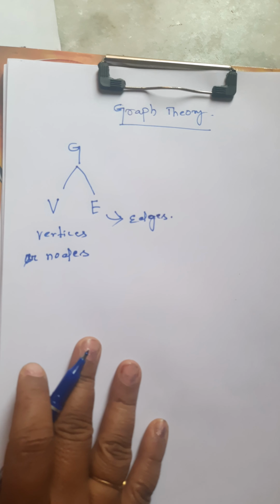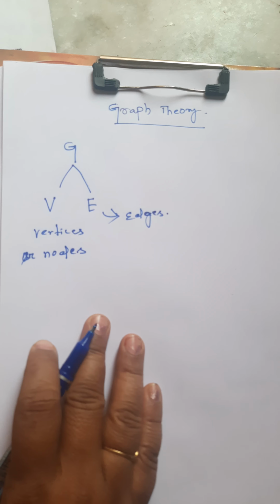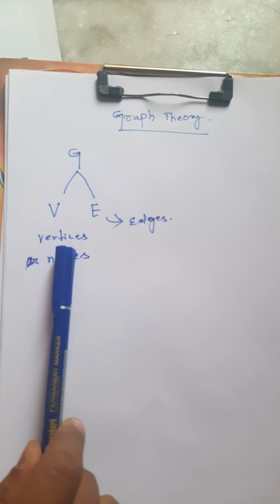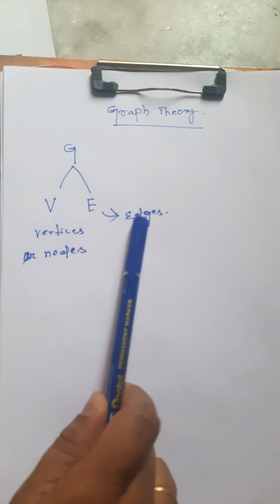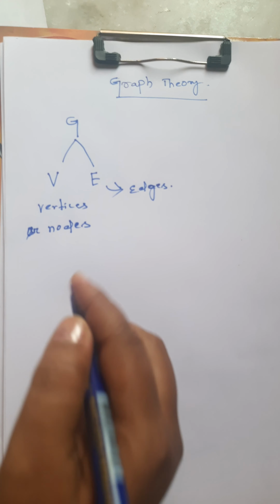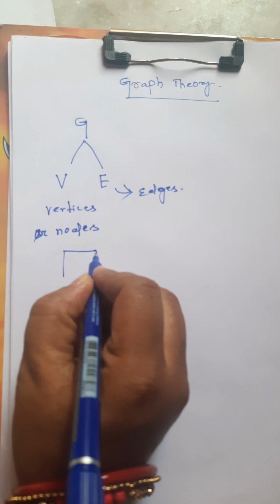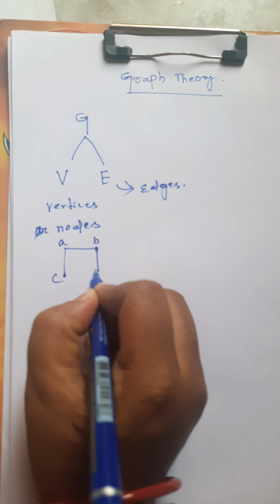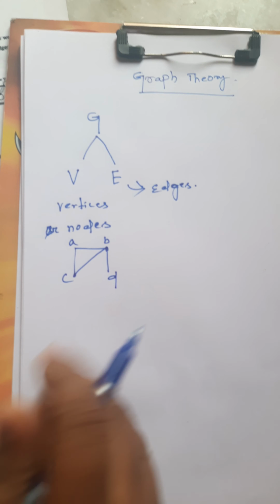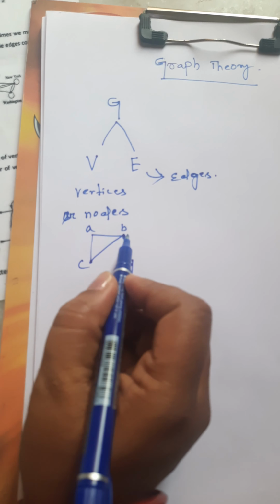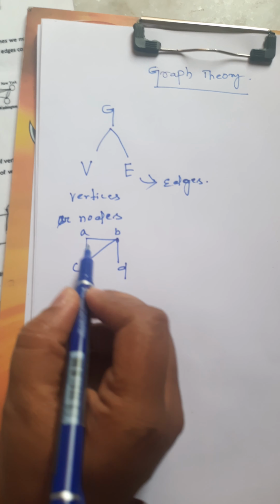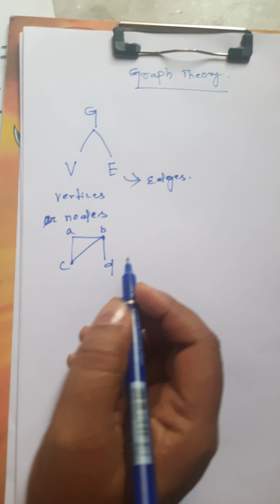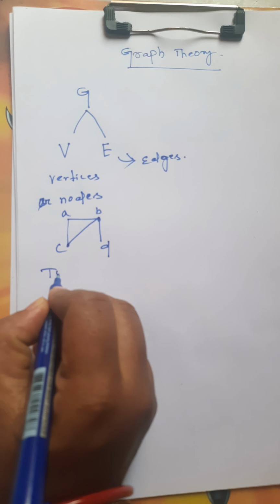So when we write the definition, what is the definition? G consists of a non-empty set of vertices and edges is called the graph. For example, just draw A, B, C, D. Here, 4 vertices A, B, C, D. Edges are AB, AC and BD. Okay. Then we go to the types of